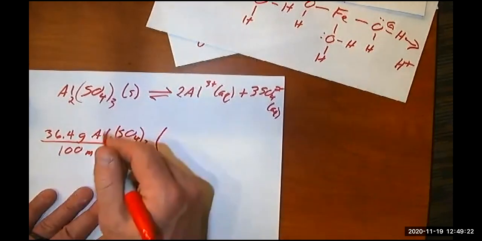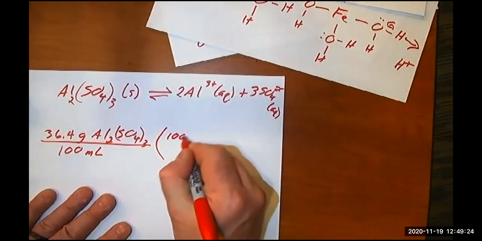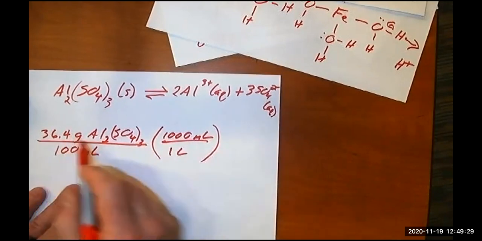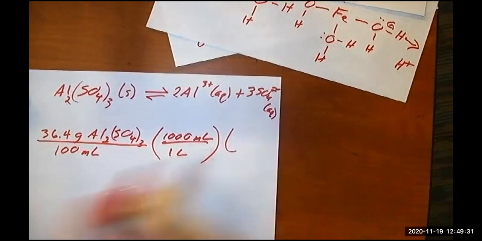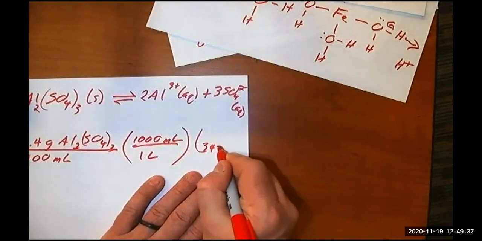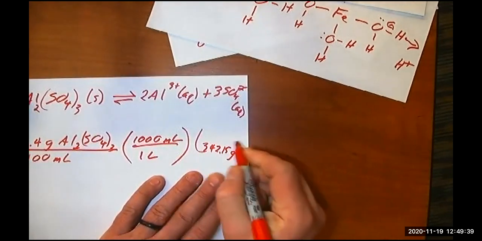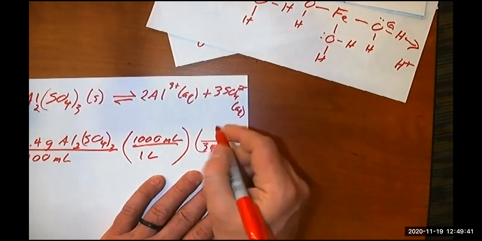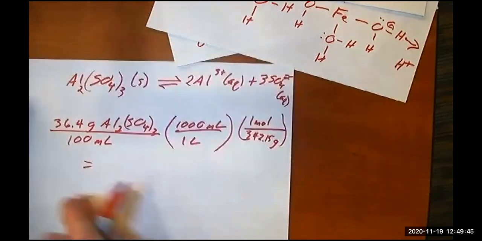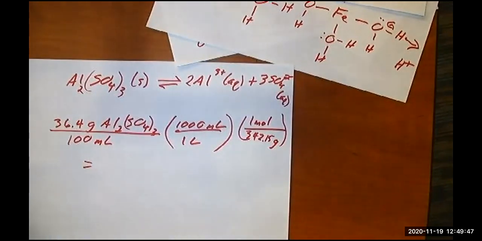We need it in 1 liter, so 1,000 mL in 1 liter. And we need to go from grams to moles. The page I am on has the molar mass, so we have 342.15 grams of the aluminum sulfate in 1 mole. And so we then get a molar solubility of